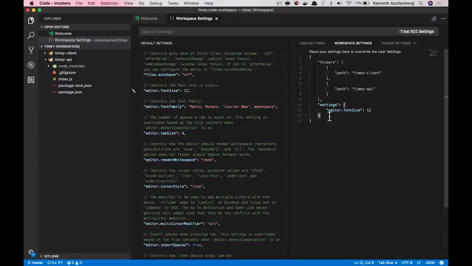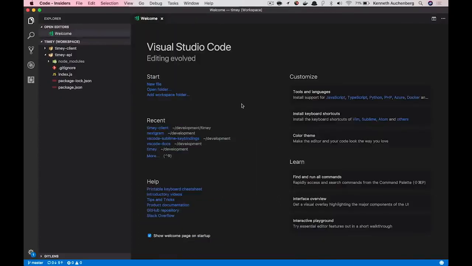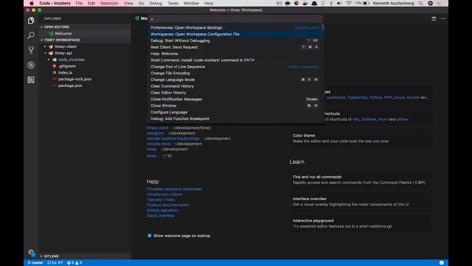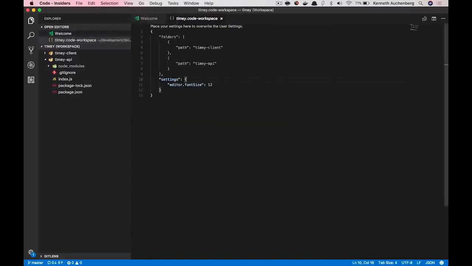This basically means that I can share settings with my team as a part of my workspace, which is pretty cool. So you might wonder, how do these workspaces work? Is it a special convention or what's going on behind the scenes? And I can just open the command palette here again, and then I can open workspace configuration file. And what you see here is that we just opened